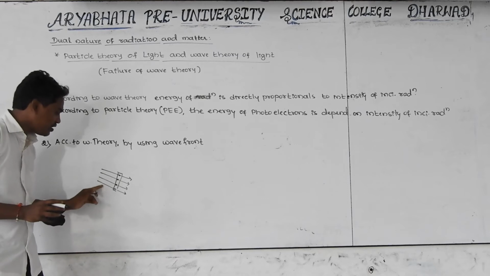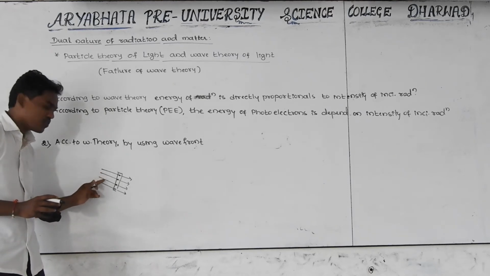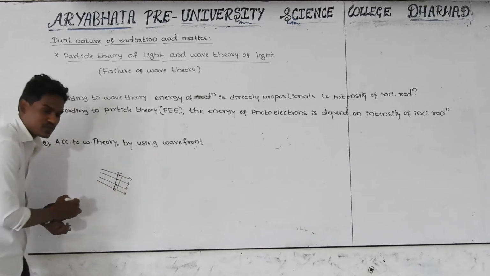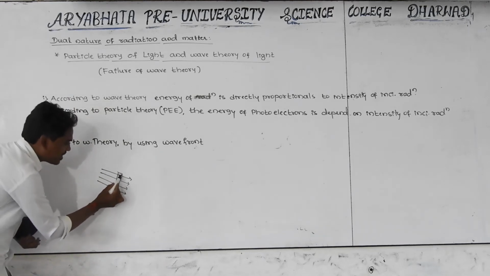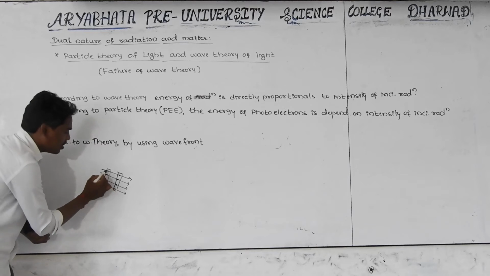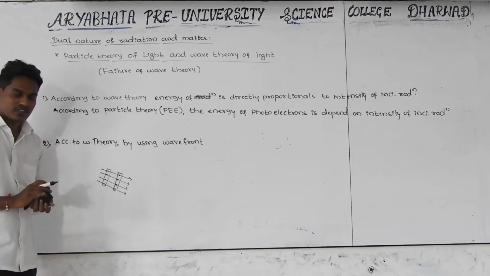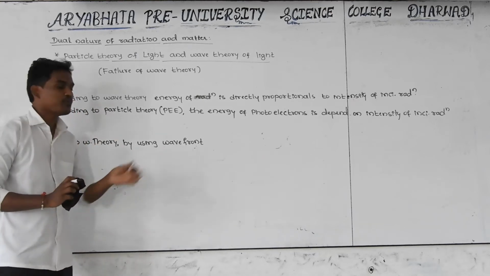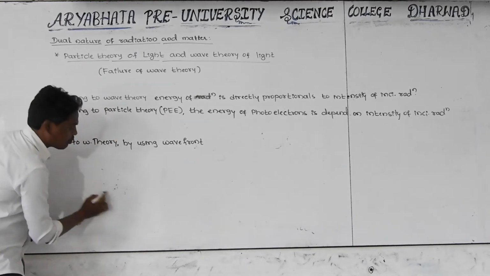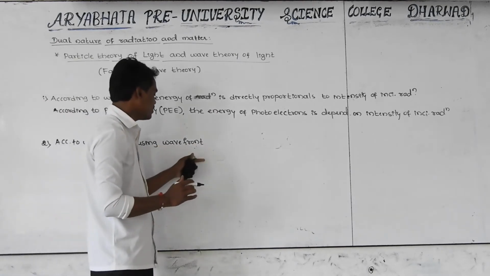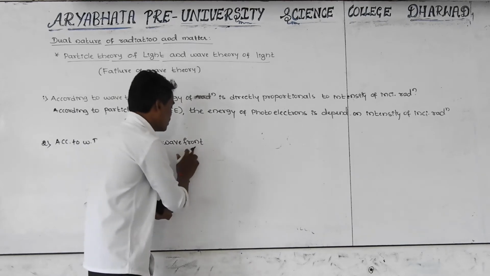There are a number of waves: the first radiation, second, third, fourth. I take this point, this point, this point, this point, and this region together is called a wavefront. Or else this point, this point, this point, this point; this region together we call a wavefront. According to wave theory, by using the concept of wavefront, meaning the number of radiations that are coming,